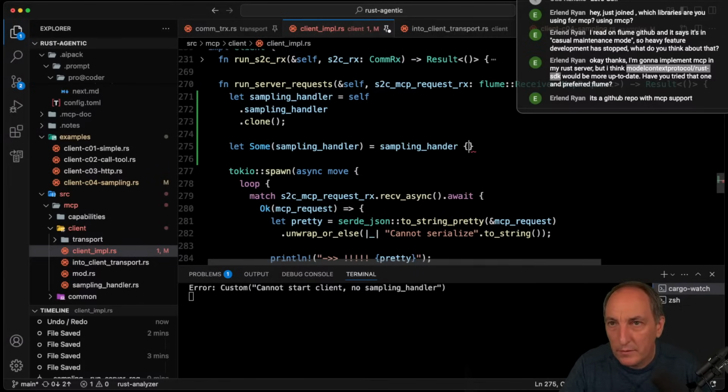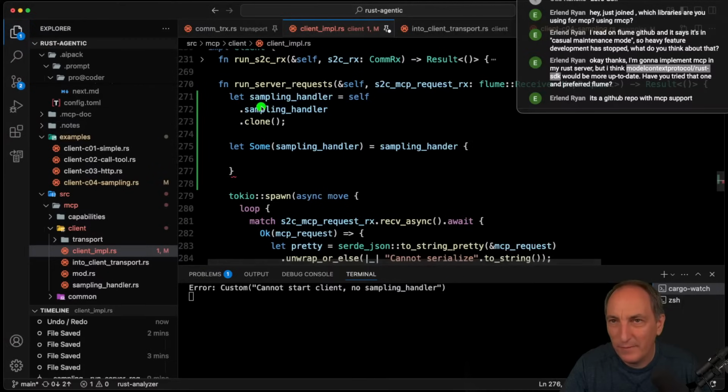And by the way, it's tricky because we say sampling handler when we should have some sort of router or something. So sampling handler and then else, we're going to info